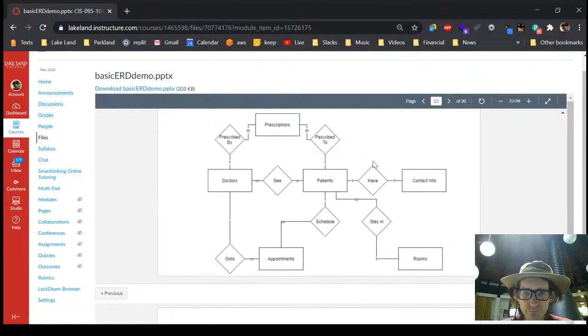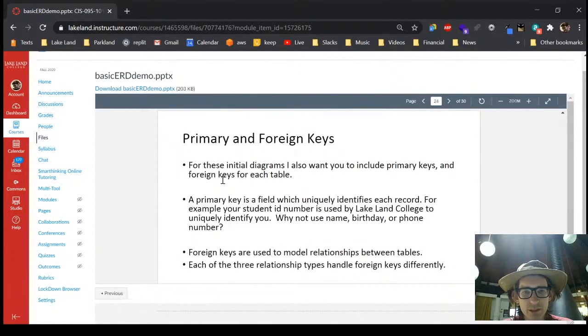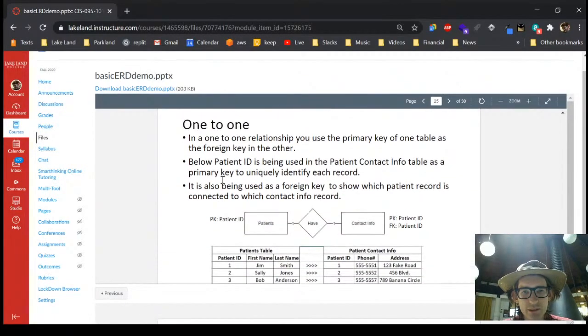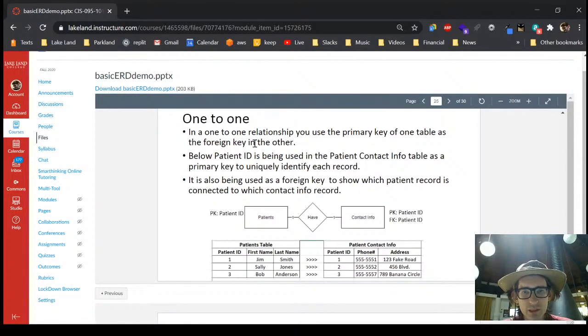Okay. But let's take a look at a one-to-many relationship. Let's go back to doctors and appointments. So what was doctors' primary key? It was doctor ID. I think I have them down in here. Okay. Let's just do it this way. So in a one-to-one relationship,